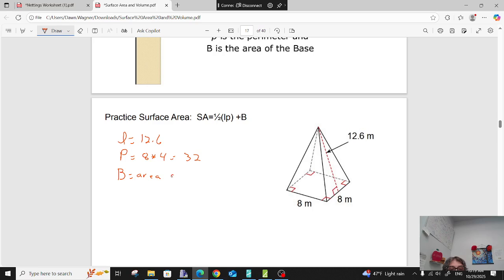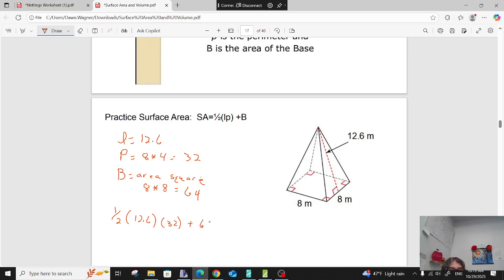So many students would just say, oh, base is just 8. And then I'd be like, no. Capital B is 8 times 8, which is equal to what? 64. So now I have all my variables to substitute in. 1/2 times slant height times perimeter